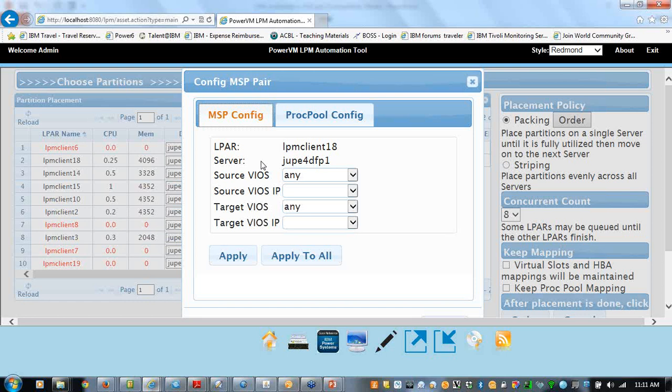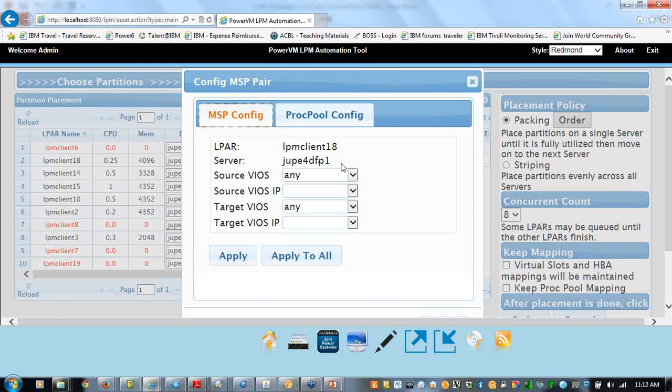And so what customers have done is said, I may have 4 VIOSs, but maybe only one VIOS has a 10 gig port on my source, and somewhere on the destination I have 4 VIOSs over there, but only one of them has a 10 gig port, VIOS 4. So I want you to send all the traffic across the 10 gigabit interface, but that's much faster than a 1 gigabit interface, and the performance of your network can affect how fast your LPM occurs.